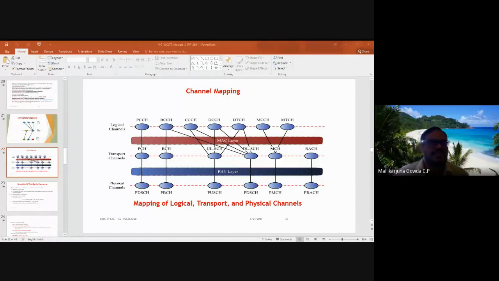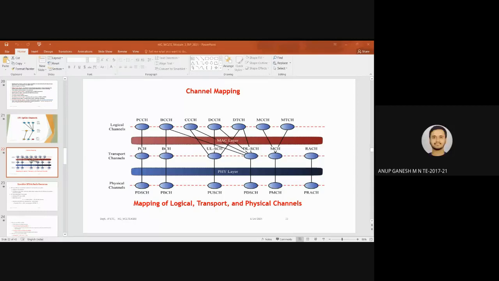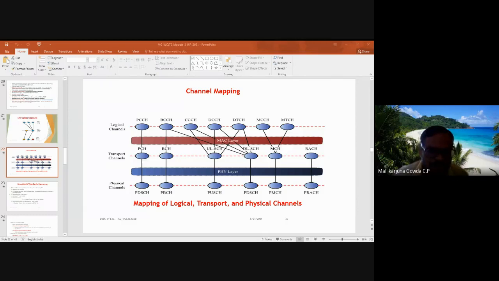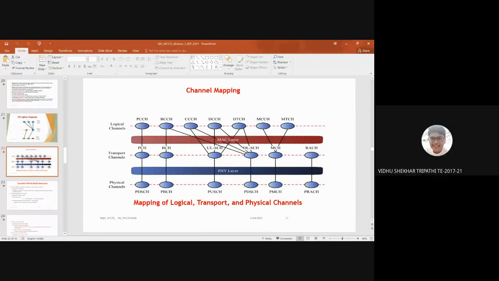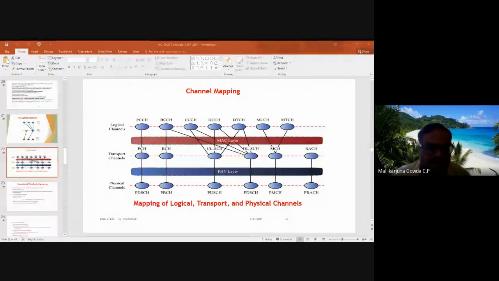Yeah, I don't understand. And what is that, man? Slide 22, sir. It is in 22? One minute. Because here what I'm seeing, yeah, 22 is fine. That is channel mapping, right? Yes, sir. Fine. But here, when I see this with Google Meet, I'm able to see the first slide only. But it is changing, right? Slide is changing. Fine.